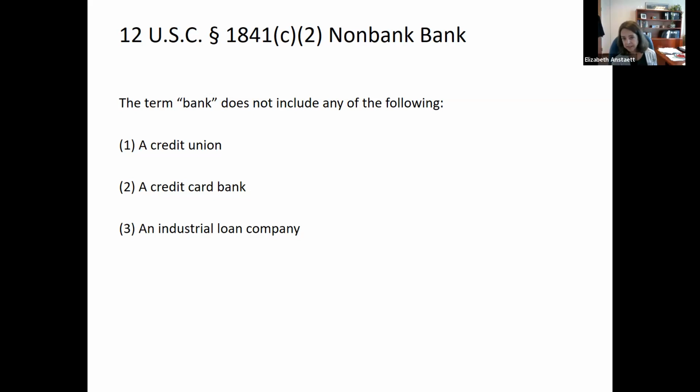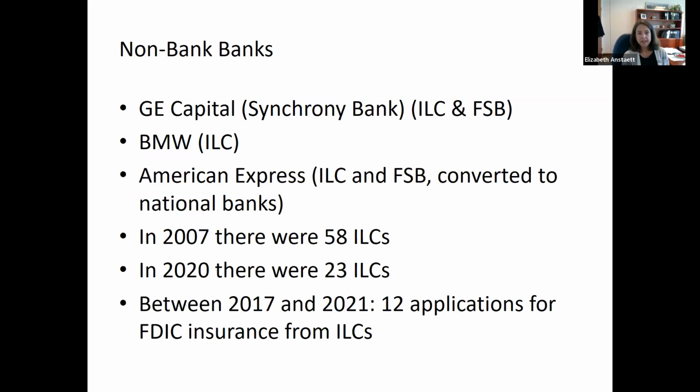So new states cannot have industrial loan companies that meet this non-bank exception. So that has to be an existing one, and there are other restrictions on what they do and who owns them. And this was a very popular way and continues to be, although it's also controversial, because it is a way to own a commercial business, a manufacturer, a retailer, and a bank, all under the same parent company. And so just to give you a sense, GE Capital used to have both an ILC and a